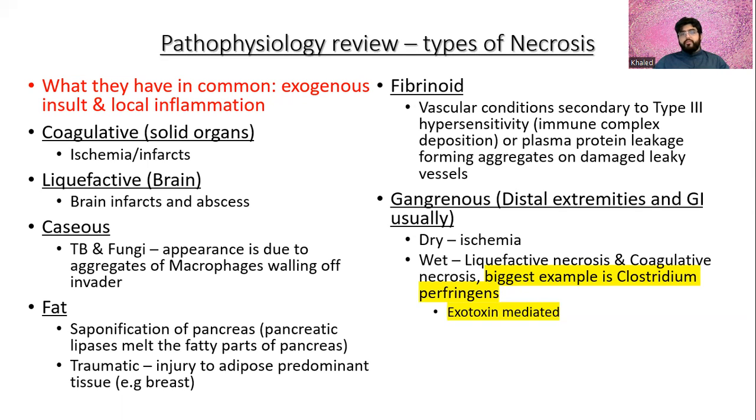Fibrinoid necrosis tends to be associated more with immune complex deposition, and we can talk more about that when we talk about hypersensitivities. And you also have gangrenous necrosis. Usually it's ischemic, and it affects usually the extremities, fingers, toes. It can be dry or it can be wet, and if it's wet, that means it's a liquefactive necrosis coupled to a coagulative necrosis. So it's kind of two things on top of each other. And the big example is this